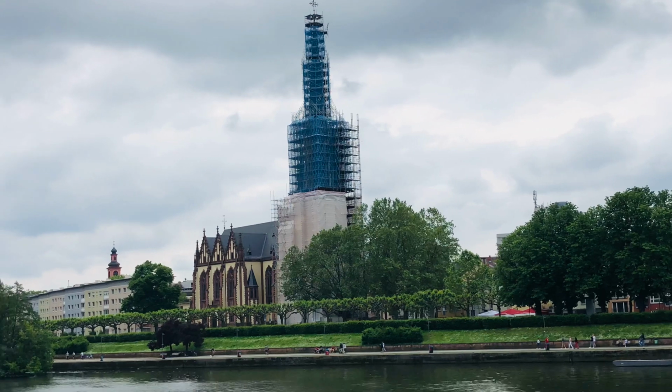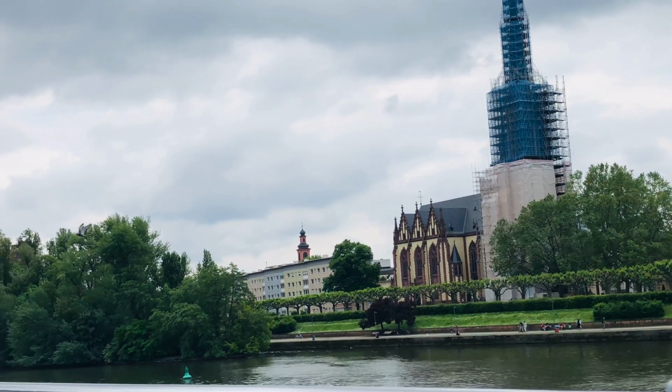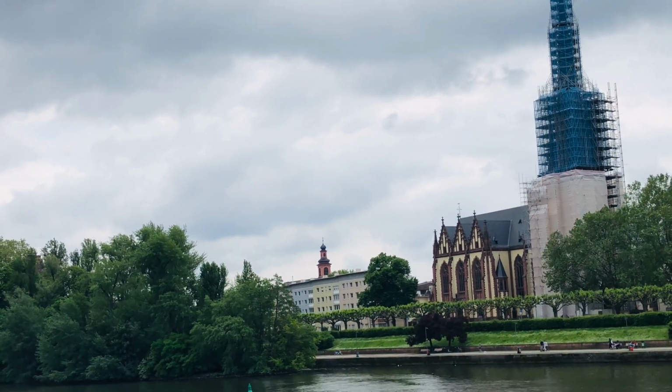Famous for its picturesque old buildings, and not least for its apple wine. The most famous landmark of Sachsenhausen is the neo-Gothic Dreikönigskirche, the Church of the Three Kings. This parish was one of